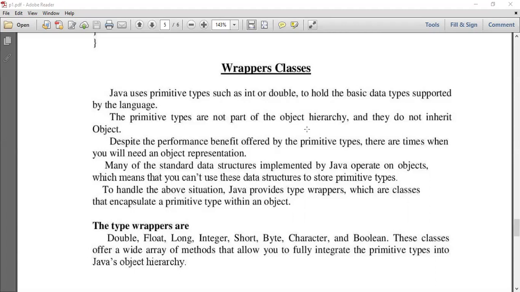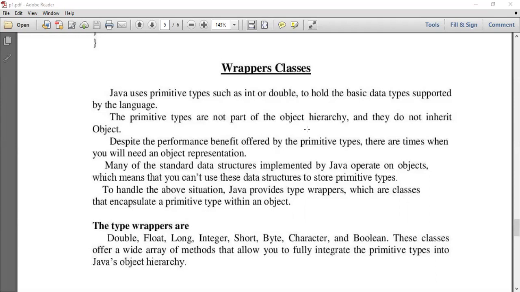So in order to convert a primitive data type into an object, or to extract the value from an object into a primitive type, we need a mechanism, and that is provided by the wrapper classes.